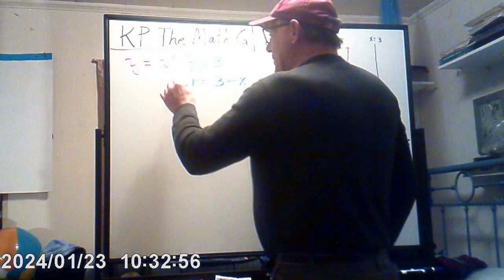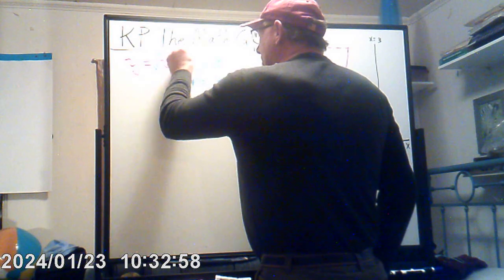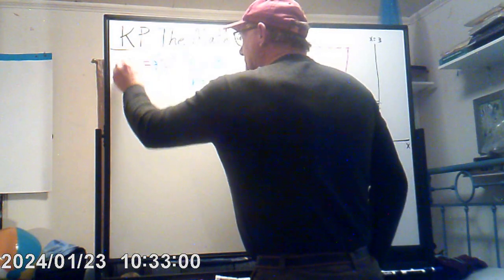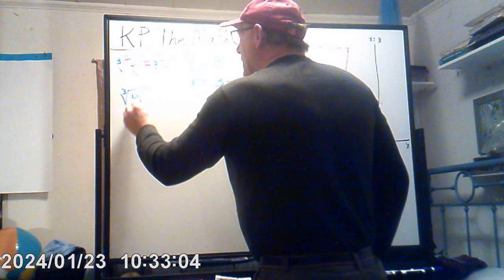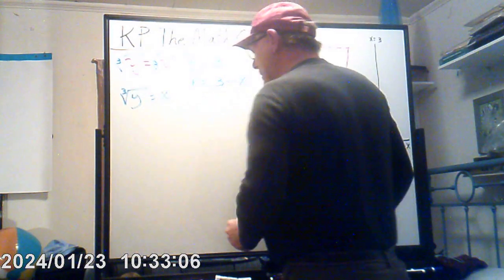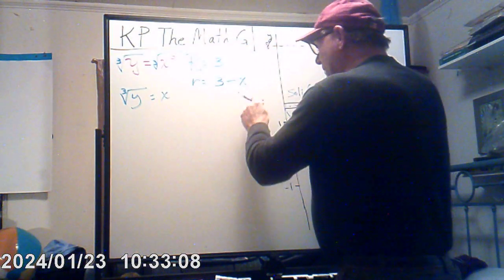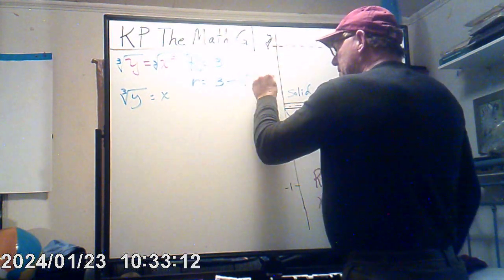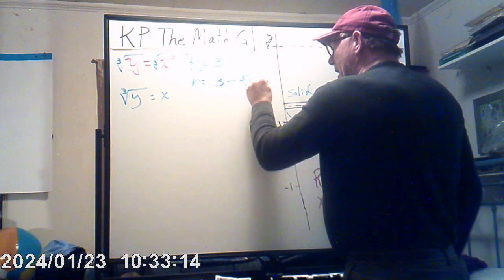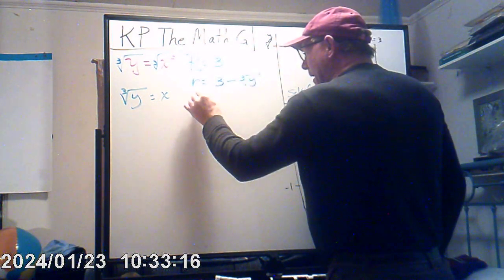So let's solve for x. If we take the cube root of both sides, we know that the cube root of y is equal to x. So in place of x, I'm going to put the cube root of y, which I'm going to write as